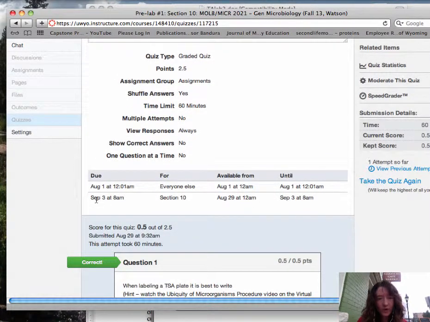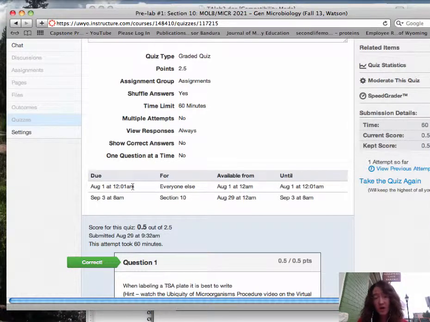Notice that before, when we had done this, we had set the dates for just say section 10. So this is Josh and John and Andy, your section. Remember, we would have set the dates for the 8 a.m. due dates and opening on the lab prior to that. And so now what we need to do on all of our pre-labs is to set the date for everyone else. You know how it pops up and it says, what about everyone else? And before we were just saying no due dates. Well, it turns out if we do that, all the other sections can actually see the pre-labs. So what we need to do instead is to set this to a time that has already passed.